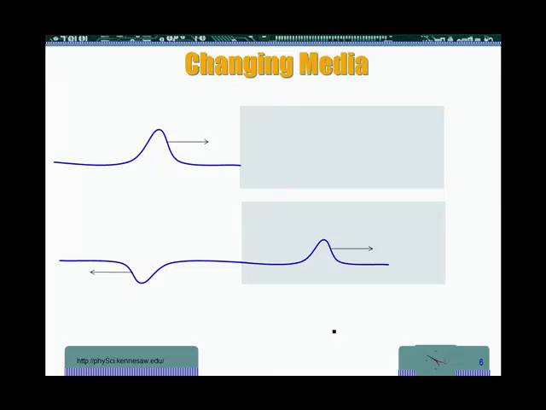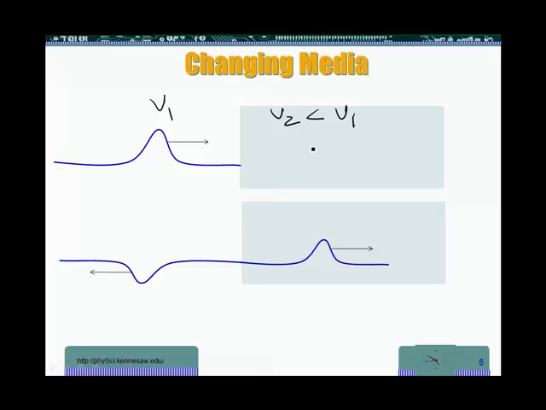Now, in this particular case, we are showing just a pulse to help illustrate what happens. If I have a pulse like this one, moving from a medium where the wave moves with a speed v1 to a medium where it moves with a speed v2, with v2 less than v1,